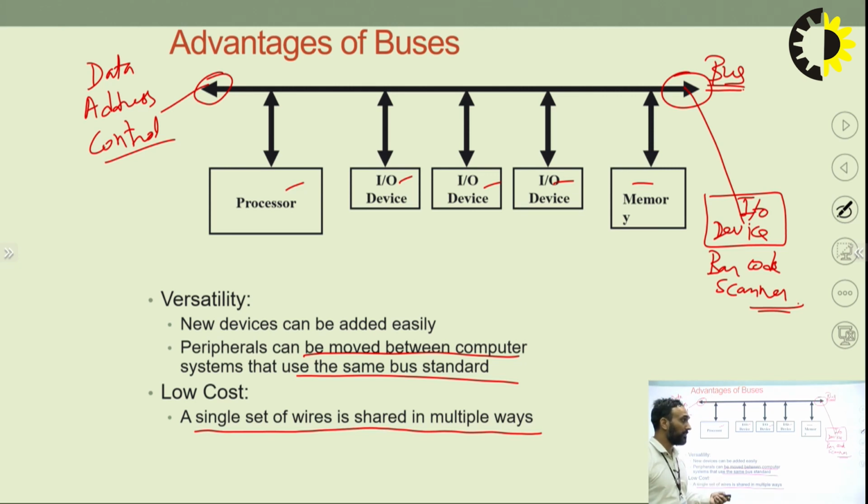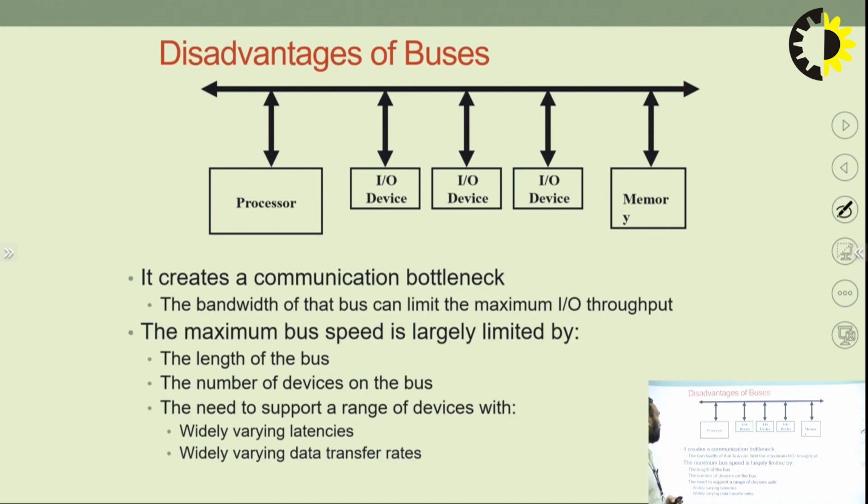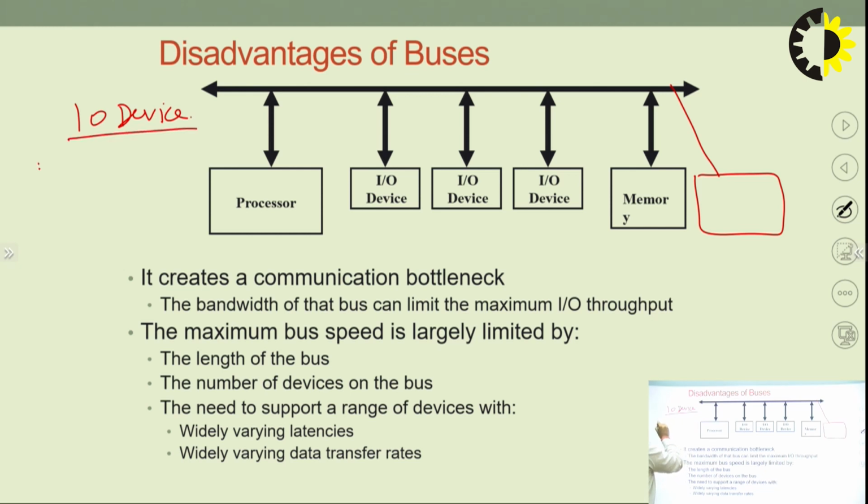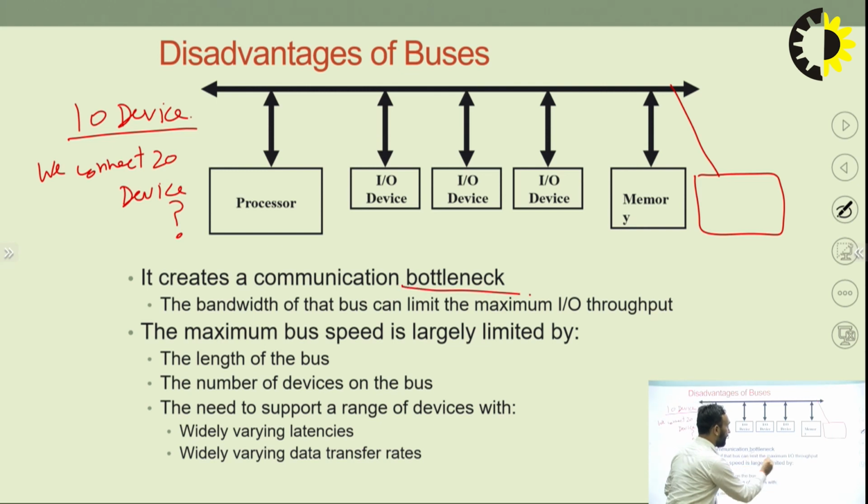And apart from that, there may be some disadvantages. The advantages here can be converted into disadvantages if they exceed beyond the limit. What are the disadvantages? For example, if we connect more devices than the bus capacity allows. For example, a bus has the capacity to connect 10 devices and we connect 20 devices. So what will happen? They will face a problem of sharing data in the form of a bottleneck, and the bandwidth of that bus is limited